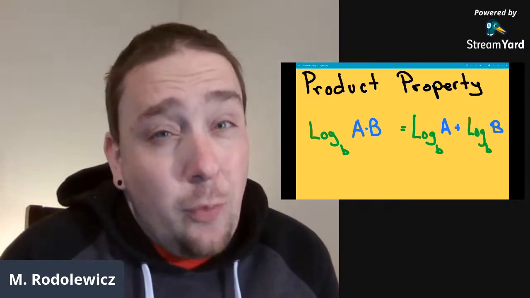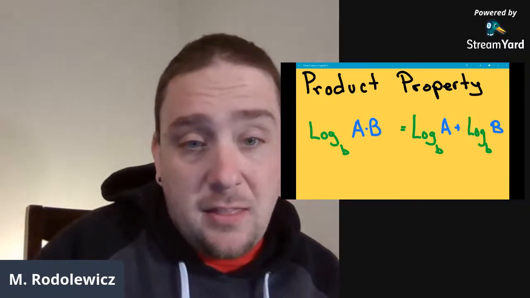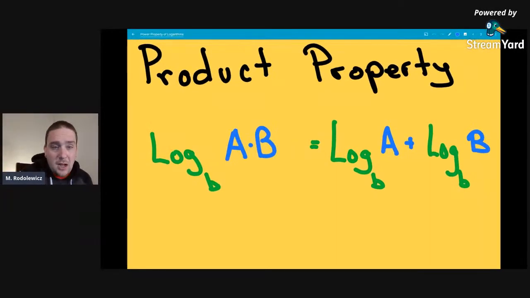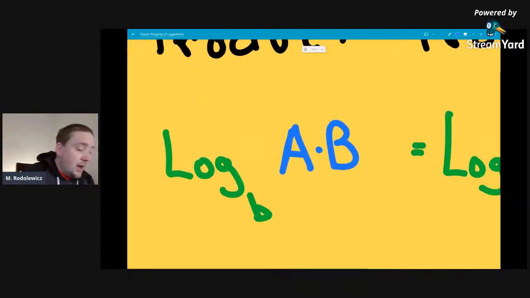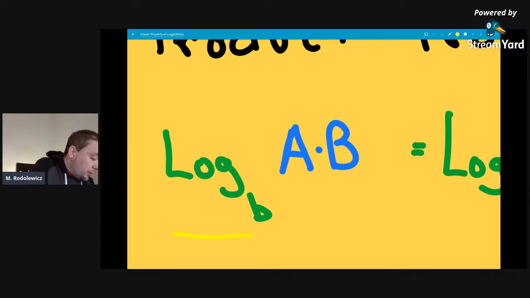All right, so the product property. All right, product we know means the answer to multiplication. So when we look at this rule here, I see right here the log base b of a times b. So that's weird looking, no doubt. But basically what it's saying is if you have a logarithm and there's two parts inside being multiplied together,